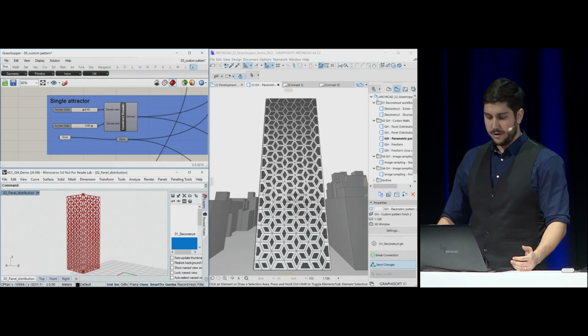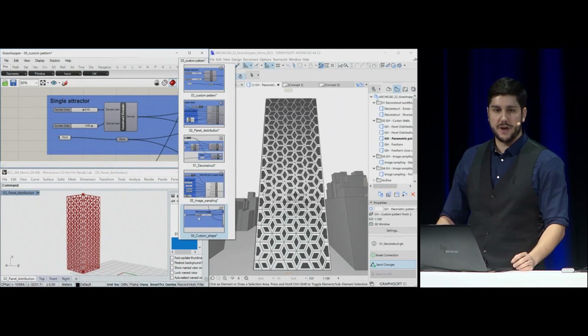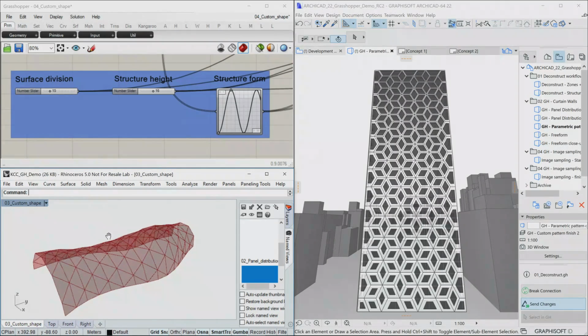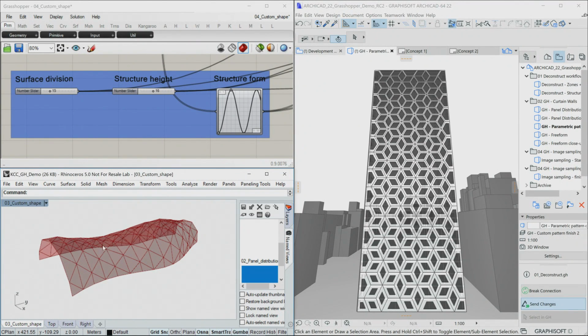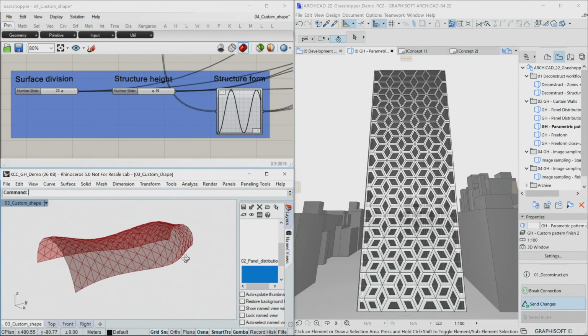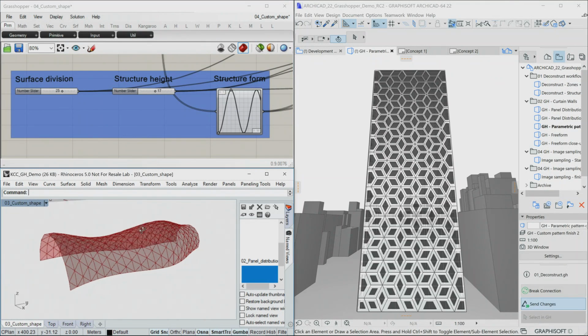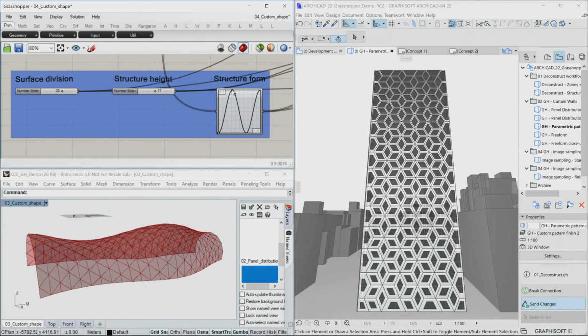Now, after these examples, I would like to step out of the realm of large, flat building facades. And I would like to highlight how good of a companion Grasshopper is when it comes to double curved surfaces and the handling of double curved surfaces. And in Rhino and Grasshopper, it's very easy to, for example, change the smoothness of the surface or the number of the panels, planar panels. We can change the structure's height a little bit, or we can even change the form altogether by adding new